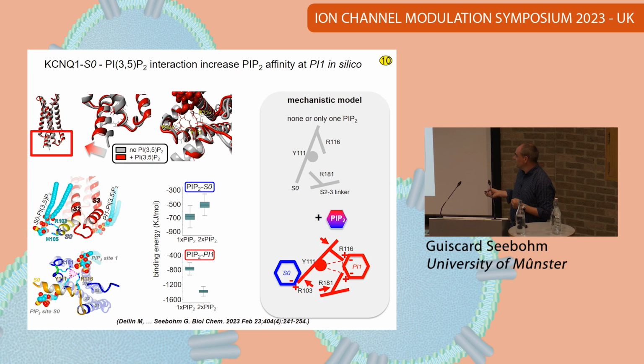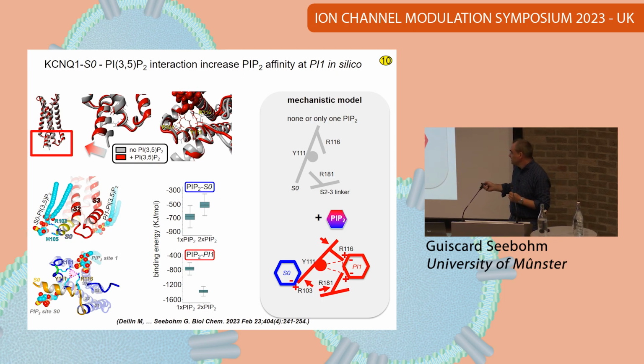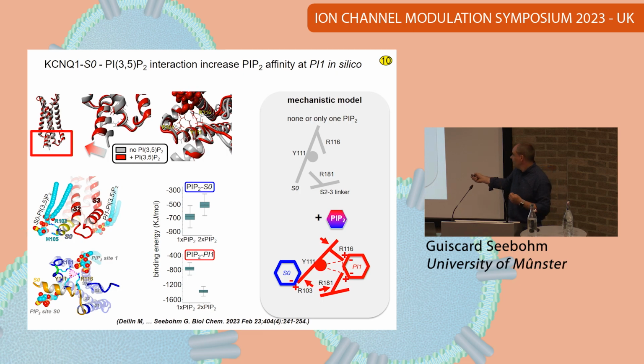Okay, and this is the mechanism which we have identified in silico. When PIP2 is added at S0, the new binding site really repositions S0 relative to the lower part of the voltage sensor, which in turn positions three residues: the one at position 111 of S0 relative to arginine 116, which is a direct interactor with the other PIP2 as well, and another arginine here at position 189. So this really stabilizes this triangle here, which boosts and promotes the affinity at this binding site.